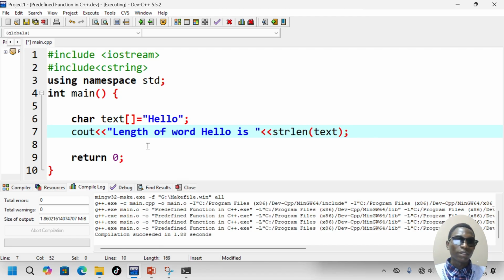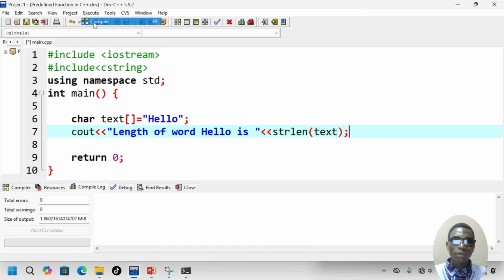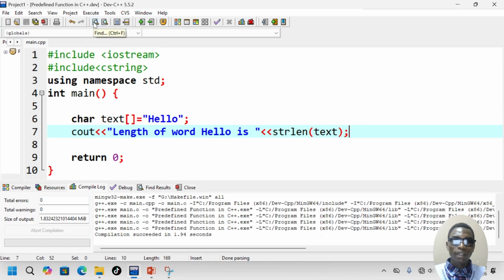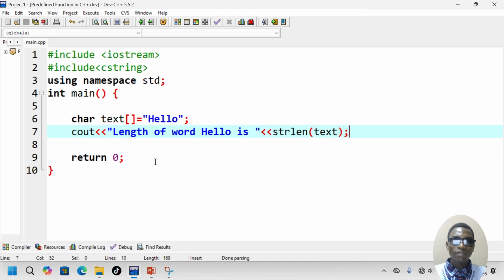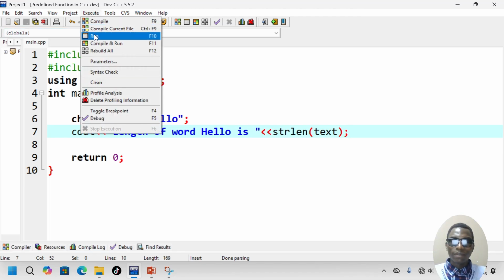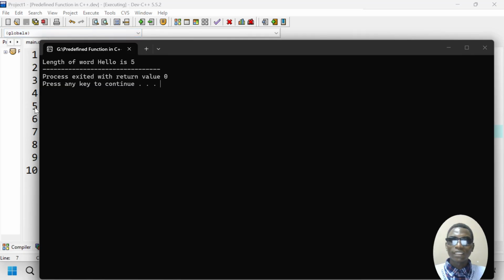So let us now first of all make compilation to check what we get. Let us just make compilation, check whether there is any error. You see now is clear, there is no error. Let us run it, check the output whether we get a 5. Yeah, correct,